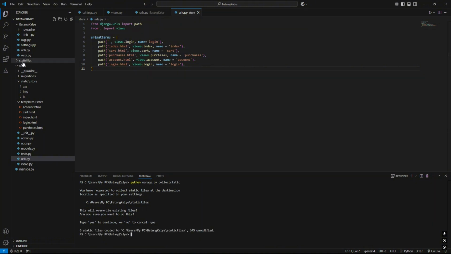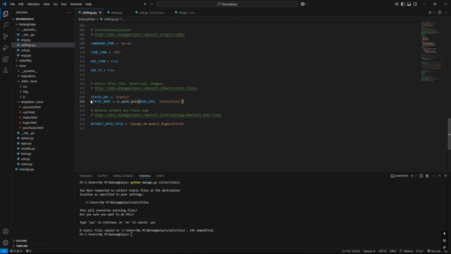Here you can see it created a staticfiles folder where it collects all the static files, because we created a static root where it stores all the static files. To run the system, python manage.py runserver.